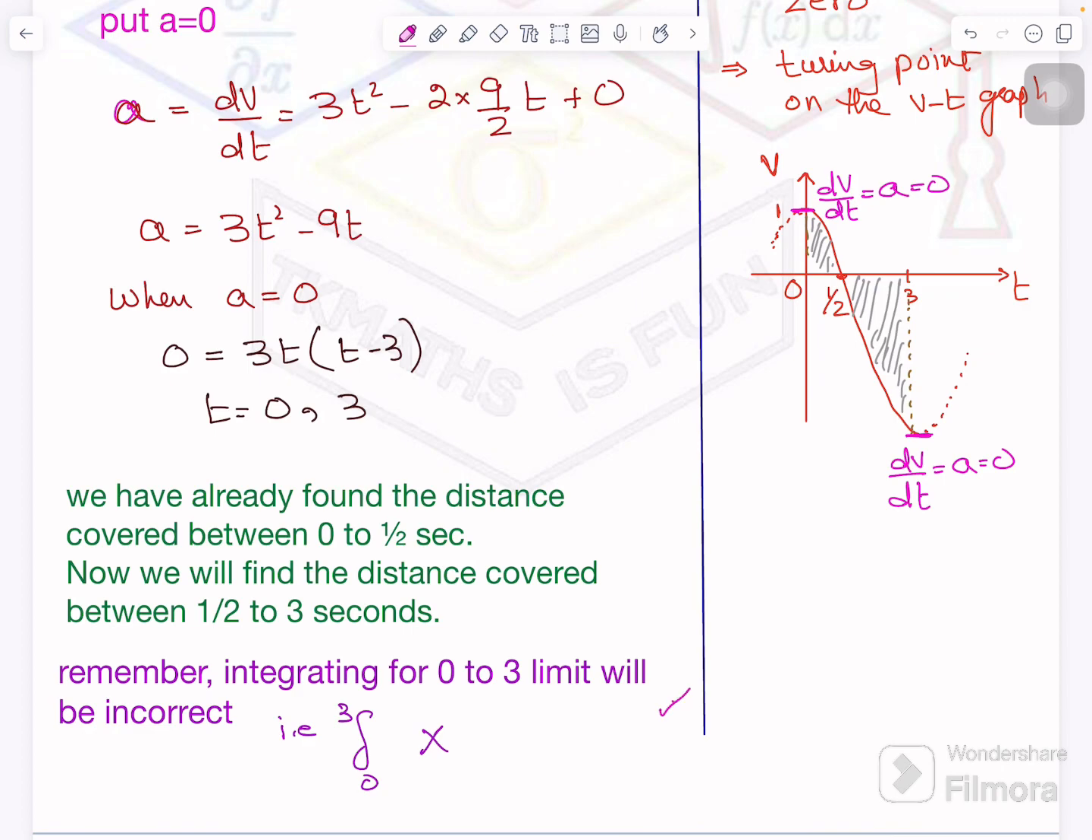If I have written here this is incorrect, the only reason is you can take it in one go if the area is either totally above the x-axis and you're taking the limit, for example 0 to 3, or if it is totally below, then it's fine. But when it is in parts, like half of the part is above and half of the part is below, and you can see the area is also not the same, which will give you distance, so you do it in steps and then you add up. It cannot be done in one go. Okay,